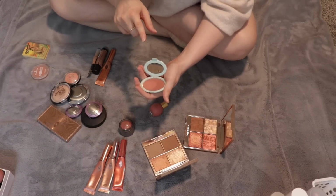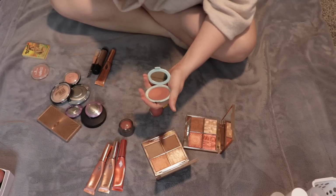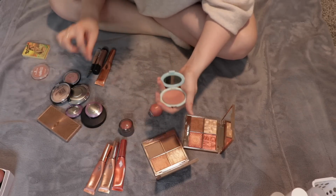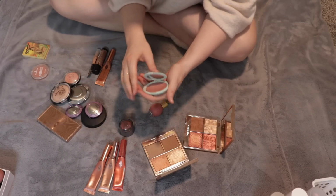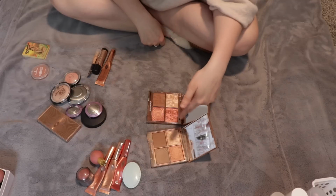And I like that this is really, really easy to work with because you just kind of dip your sponge in and dab it on and you can build it up. I just really like it, and I do like that it is a drier formula. If I'm going for a less glowy look or I want a cream blush that's going to last a long time, I always reach for this one. So I'm keeping all of my cream blushes,